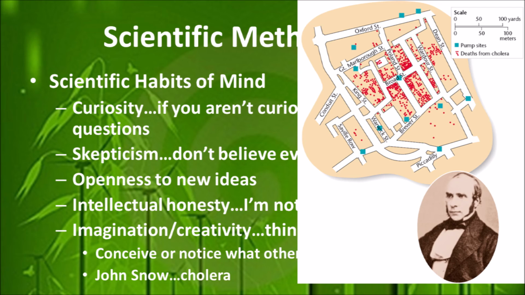Let me give you an example of John Snow. John Snow lived in the mid 1800s during the cholera epidemic in London. And there were a lot of people that were dying from cholera. Now, cholera is caused by a bacterium from human feces that's in water. And so there were a lot of deaths that were occurring, and John Snow decided he would think a little bit differently about this. So he got a map of London, and he marked where all the deaths from cholera occurred. And when he did that, he noticed that there was a large concentration of deaths around the Broad Street